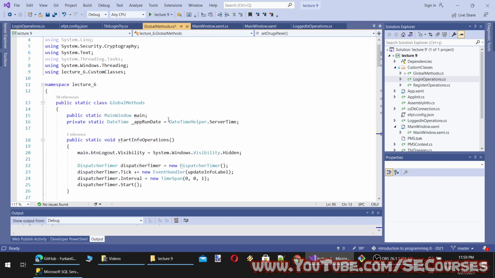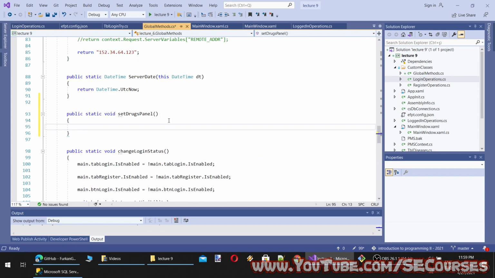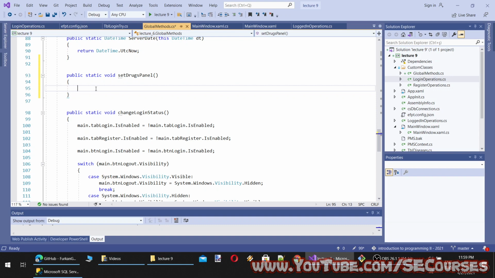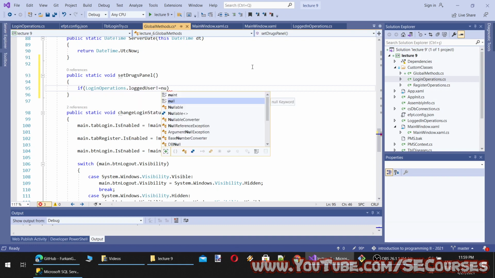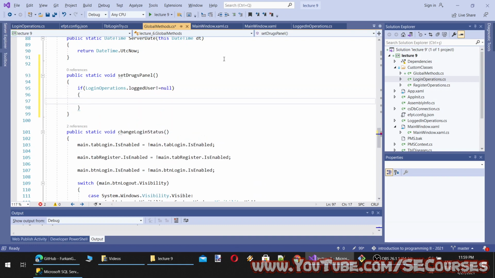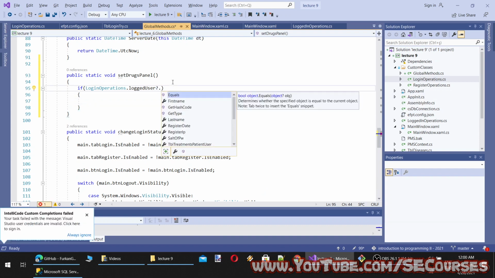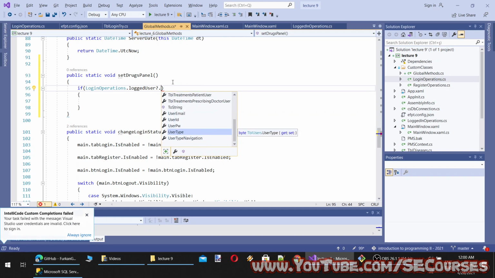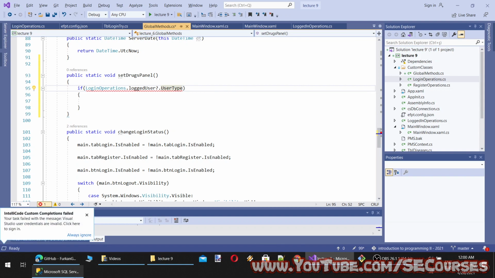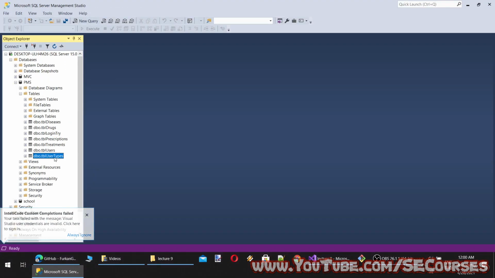So what I am going to do is set the drugs panel status with an if: if login operations dot tbl logged in user is not equal to null. Actually, I can do this with a null check like this, dot, here I should have user type. In user types, what do we have?